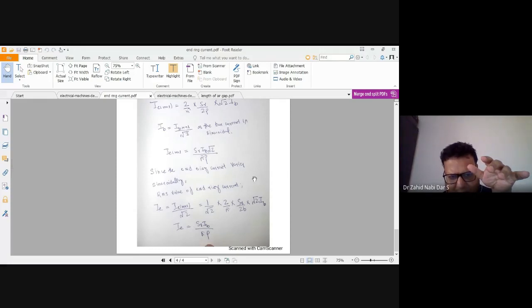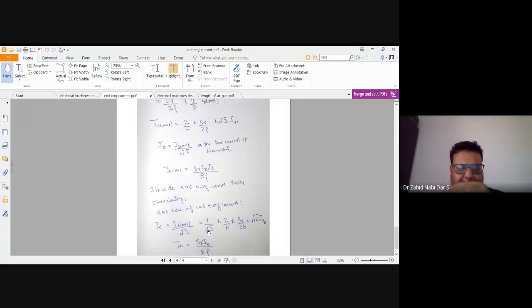Here also see, now at the entering current, this was the total current. Now at the entering current, I needed the RMS value. This is the maximum value. So entering current, I need the entering RMS value. So what I do, divide by root 2. So this IRMS value will be divided by root 2. Root 2 cancels. Hence in the end I am getting SR IB by pi into P. So this was the expression for the entering current.